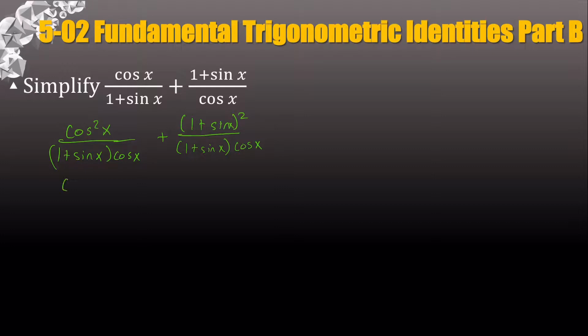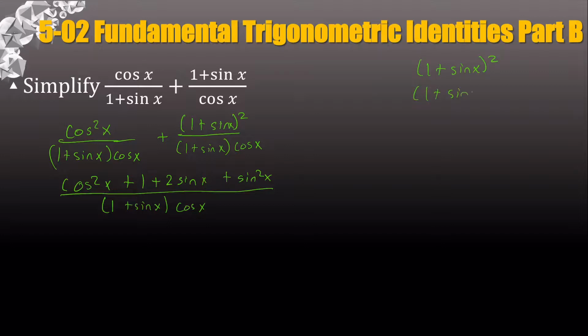Let's go ahead and multiply things out. 1 plus sine squared would be 1 squared plus 2 times 1 times sine plus sine squared. If you don't believe me, go ahead and do 1 plus sine times 1 plus sine. Because 1 plus sine squared is 1 plus sine times 1 plus sine. So it's 1 times 1, sine, another sine, sine squared. Oh, but hey,